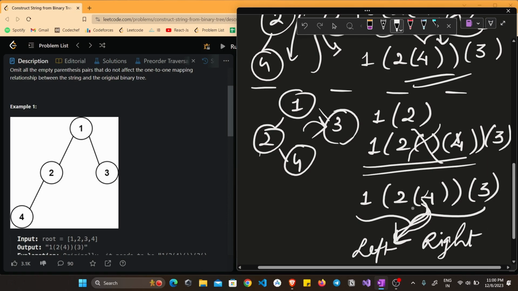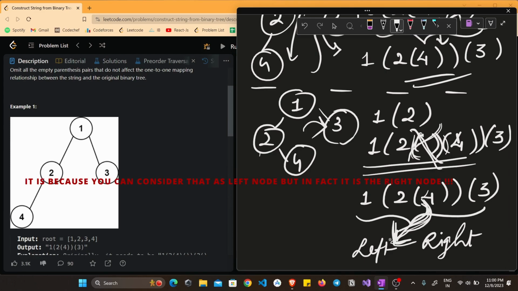You can't confidently say by looking at this resultant expression. So that's why you can't eliminate this empty parenthesis, these brackets from over here, because if you remove this, from the expression you might not be able to extract whether that node is a left node or a right node. So in order to maintain the particular mapping of the tree, we have to keep this empty parenthesis,